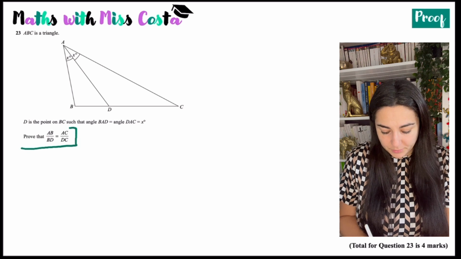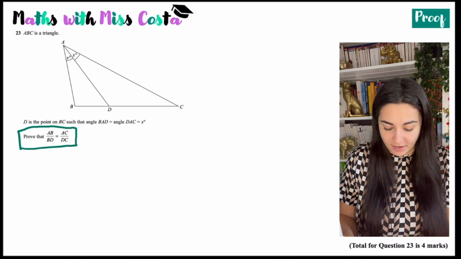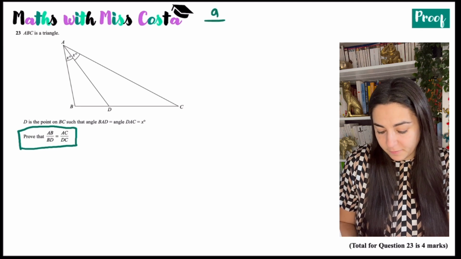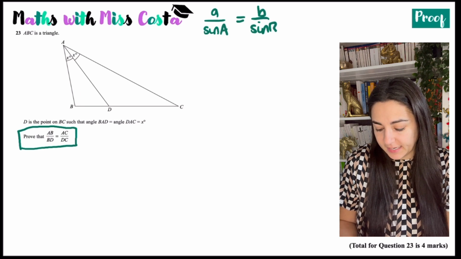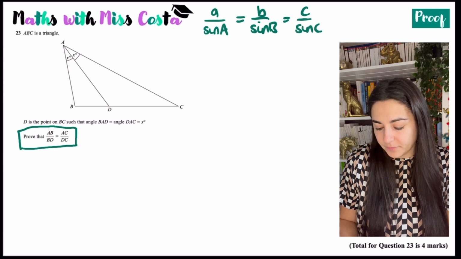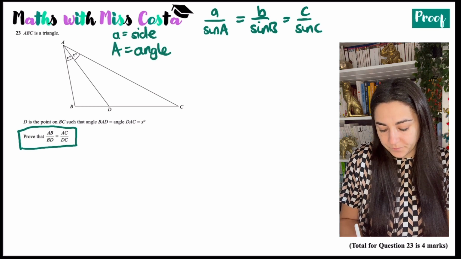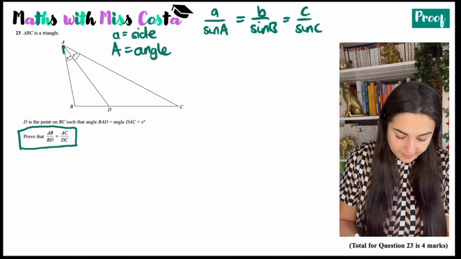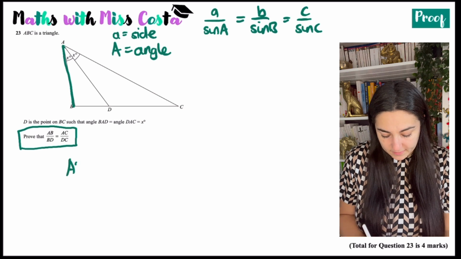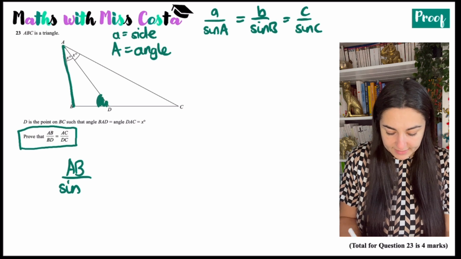Now, we're being asked to prove that AB over BD is AC over DC, so it makes sense to use the sine rule because that's already in that form. So sine rule is a over sine A equals b over sine B equals c over sine C. Now, just to recap, a is obviously the length of the side, and a capital A indicates an angle. Okay, so what we want to do is start with AB, the side that we are given. So AB over sine. Now, the opposite angle to this would be over here, so that would be ADB